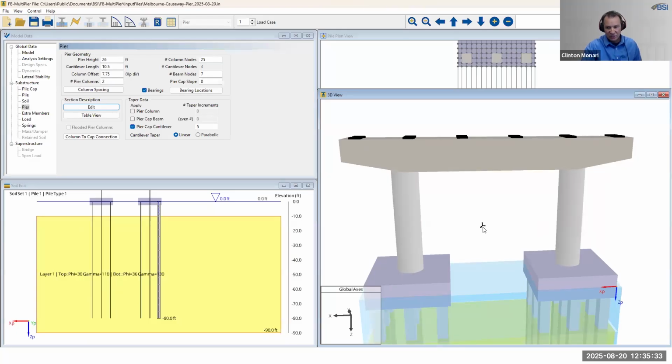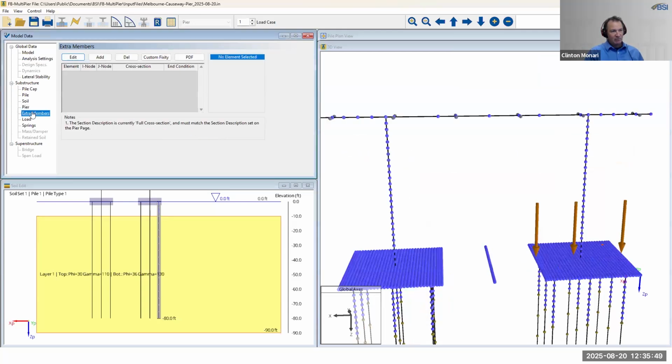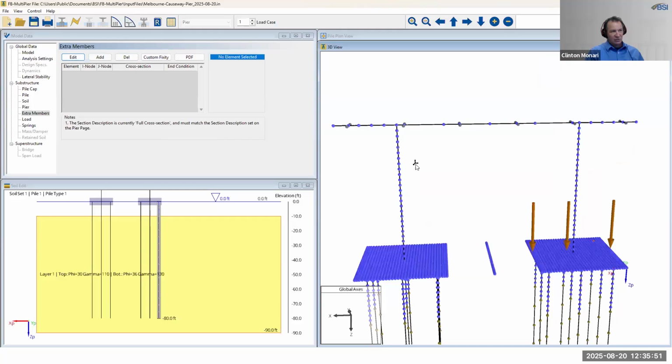And the last major step that we have deals with the extra member. Okay, so the extra member page is the next page in the sequence of pages in the model data property sheet, or property tree, I should say. So I'm going to click on extra members, and before we position an element in the model that's going to be our extra member,